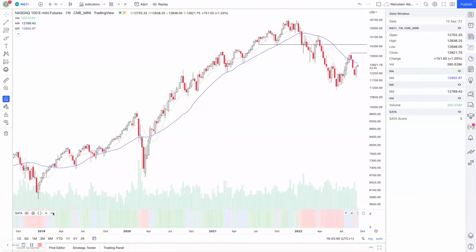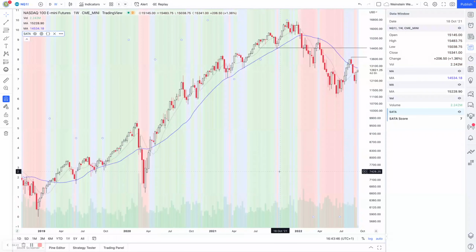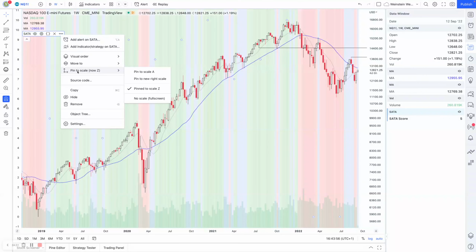So what you next want to do is go to the 3 dots here where it says more, and then you want to move to existing pane above. And now that is pushed into the existing pane above. But what it does is adds the 0 to 10 scale up the left hand side. So again, you have to click the more button, and you have to pin scale